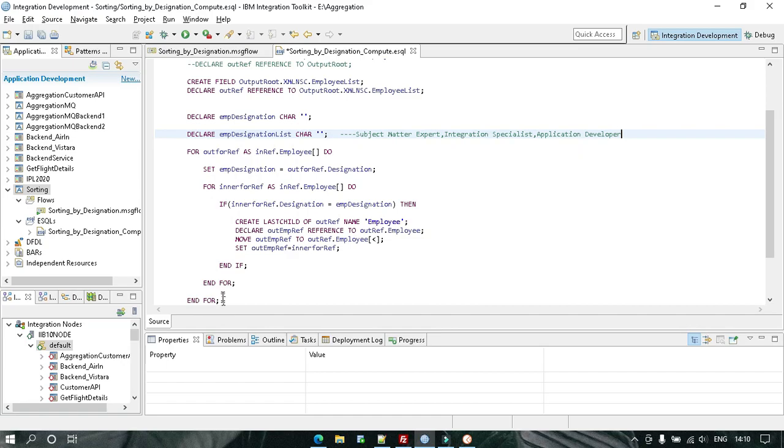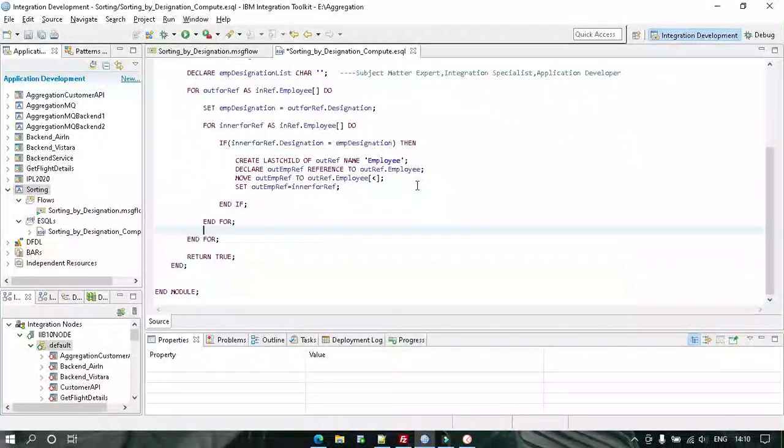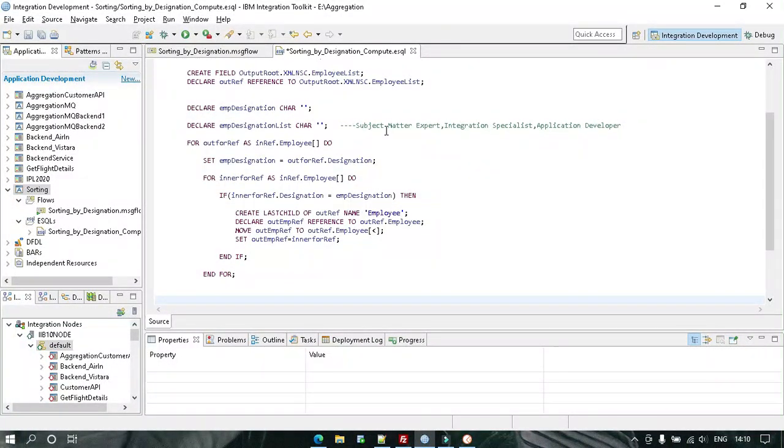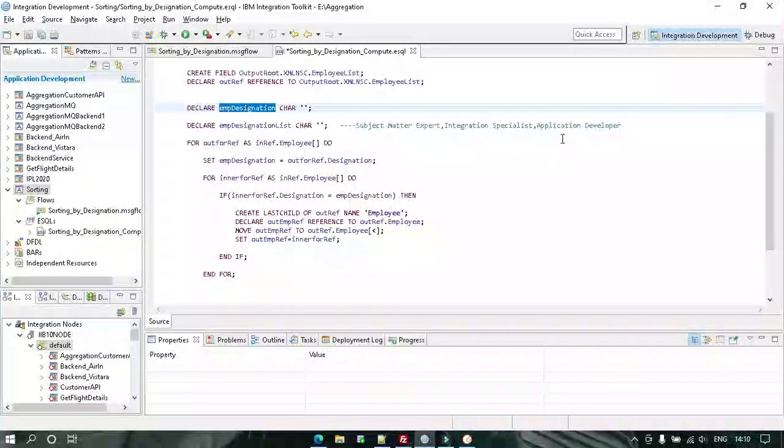Initially, I will be storing the employee designation in a list separated by comma. Initially this is empty.